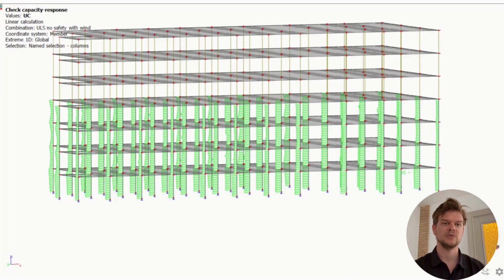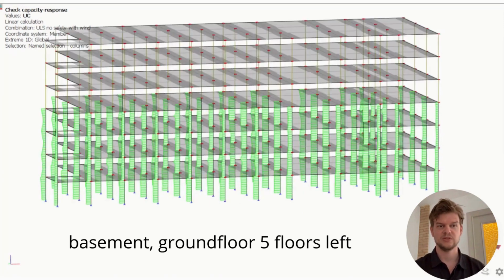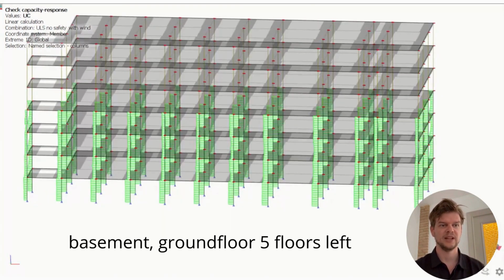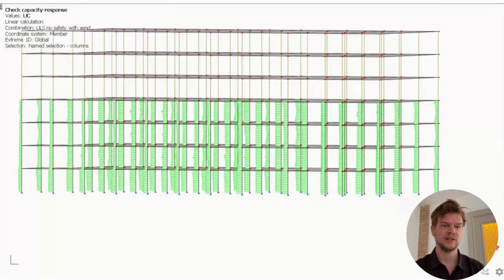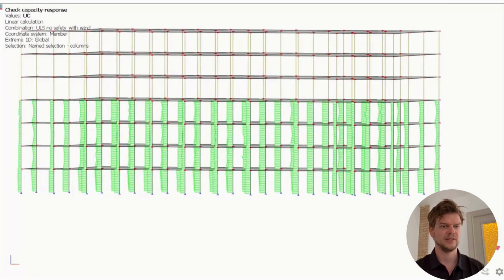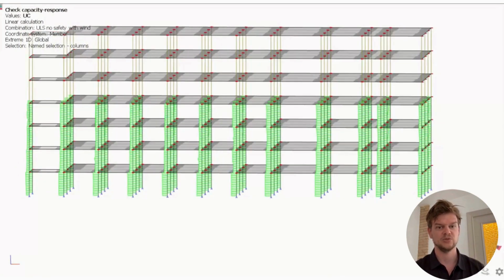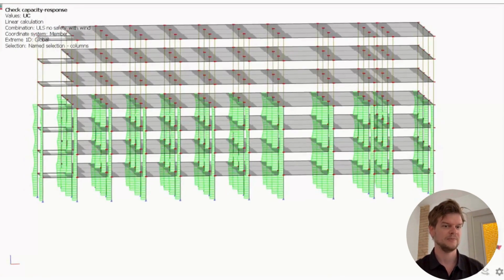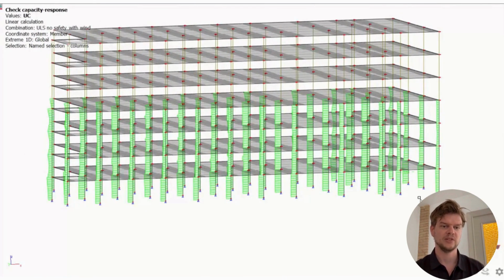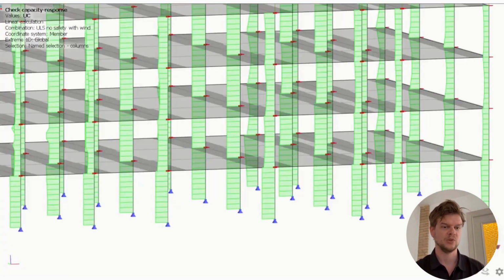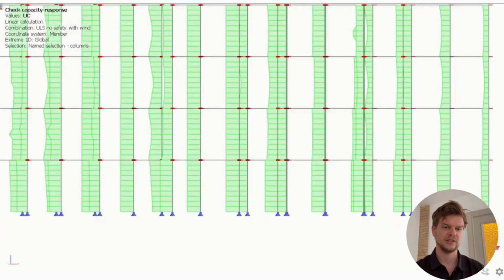Now let's remove the 2 illegal top floors, the ones that were never approved by any permit. And what do we see? Suddenly, no more red zones. Everything turns green. At first glance, that looks like a green light, but here's the problem. The unity check is exactly 1.0. That means there is no reserve. With a bit more weight, or if the concrete was poorly cast, this building could